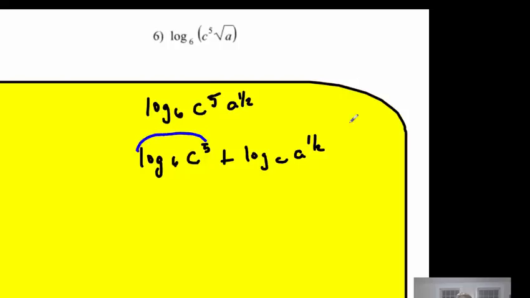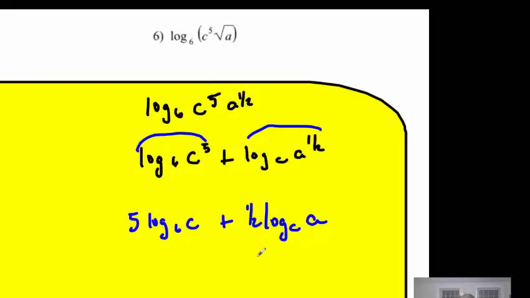Using the power rule, I know everything that's an exponent comes out front, and then our final answer would be 5 log base 6 of c plus 1/2 log base 6 of a, and then